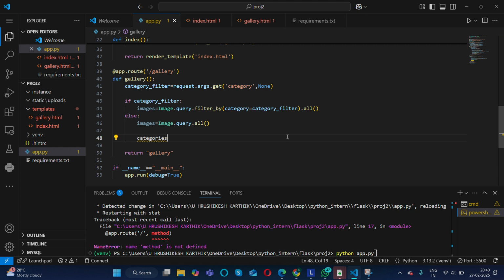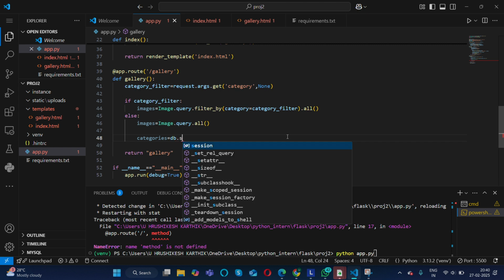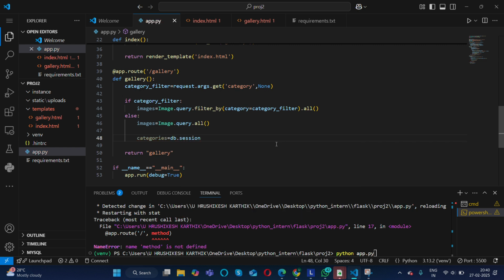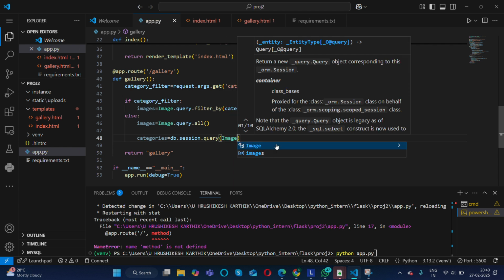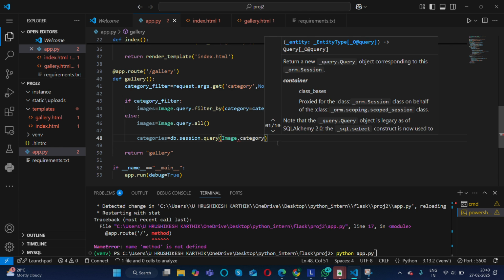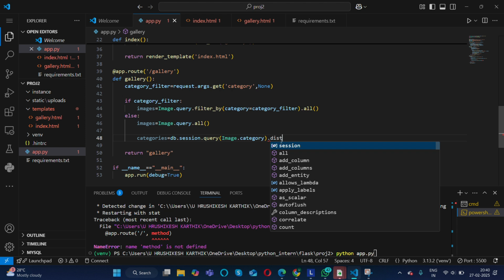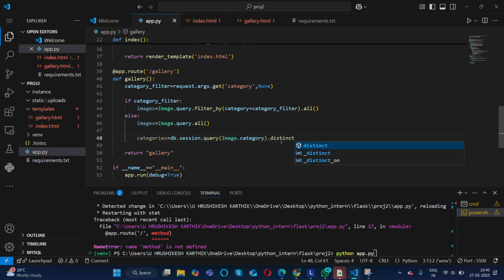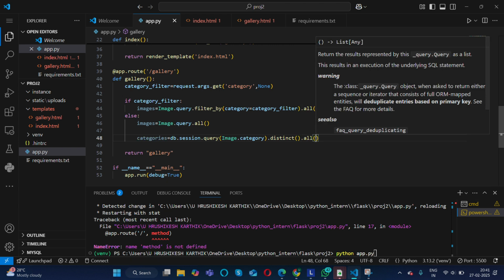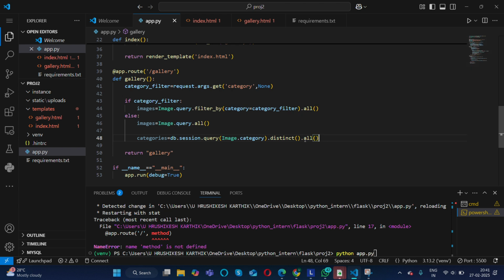Which should push the changes into database. Which means it should push all the changes, whatever they are done, it should push everything. So it should not return directly gallery.